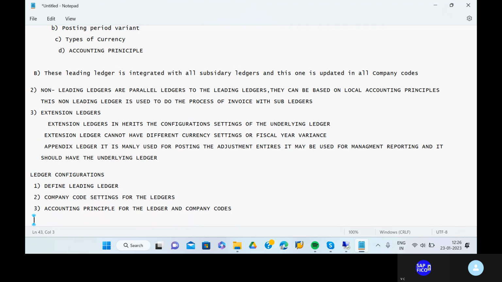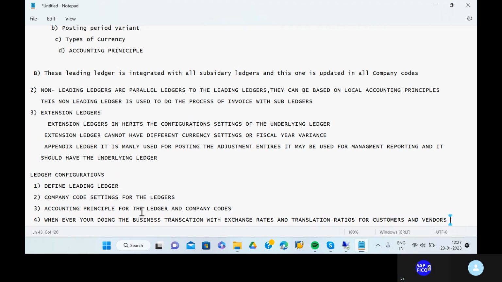Write down the fourth point. Whenever you are doing business transactions with exchange rates, translation dates and translation ratios for customers and vendors, you need to have